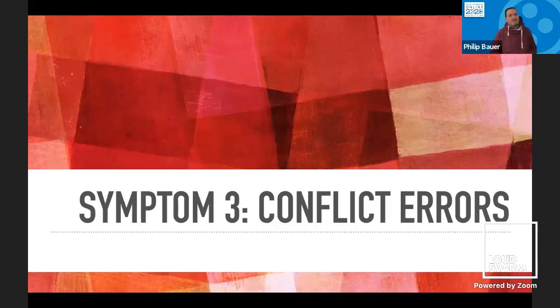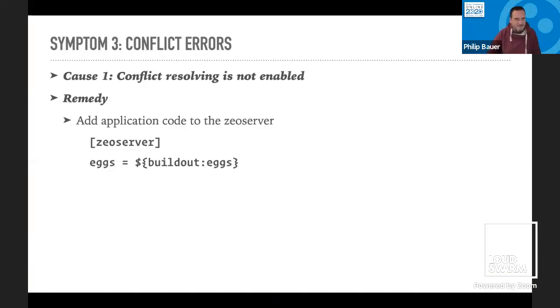Okay, getting fancier, conflict errors. Conflict errors happen when 2 requests work at the same time, and one changes an object, and the other changes the same object but expects the state from the previous situation. So it has changed, and yeah, it is complicated,